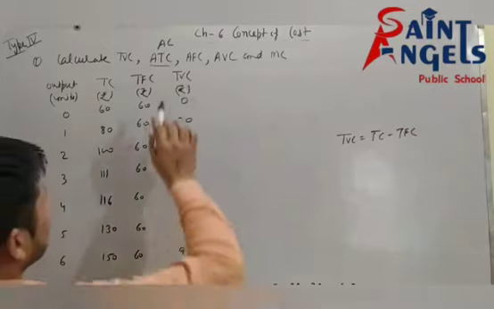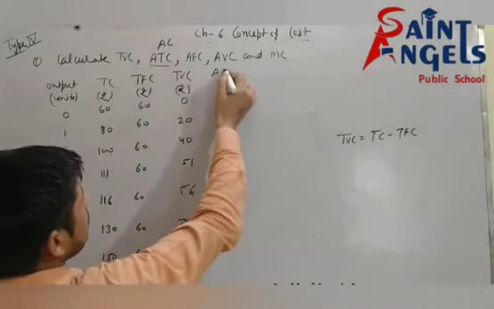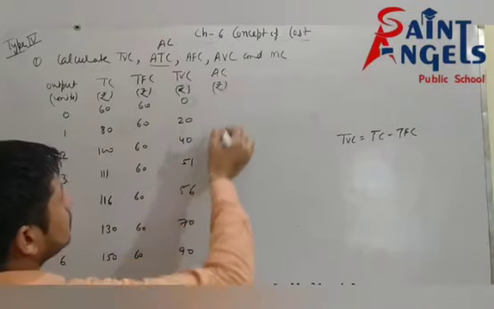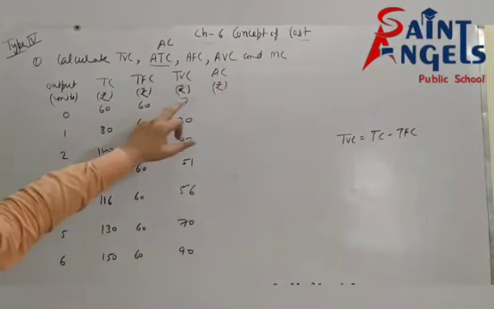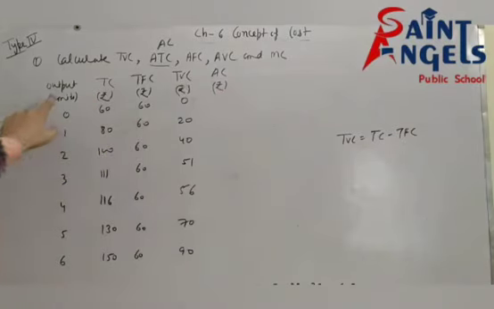Then after that, calculate AC. TC is here, output is here, means Q. So I will use